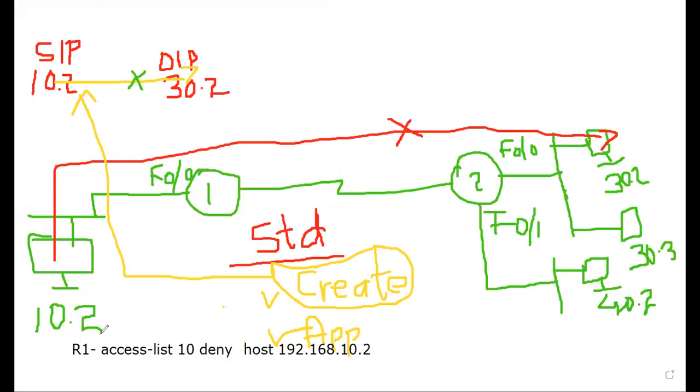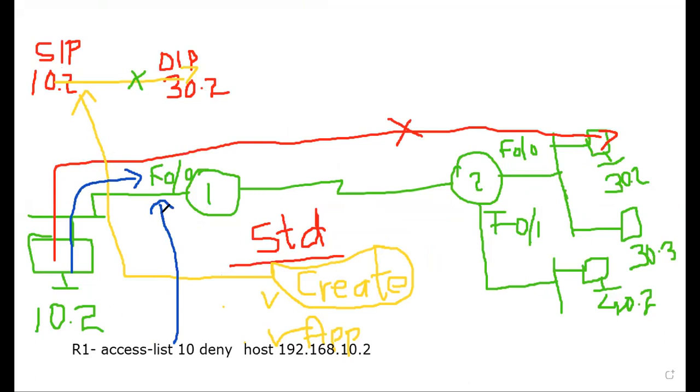This access list which I created under R1, I'm applying to F00. When I ping from 10.2 to 30.2, my traffic will come to F00, and my traffic will contain source IP 10.2 and the destination IP 30.2.